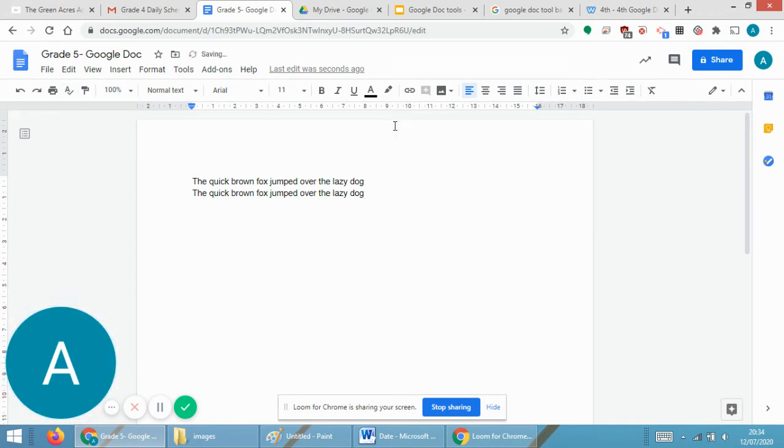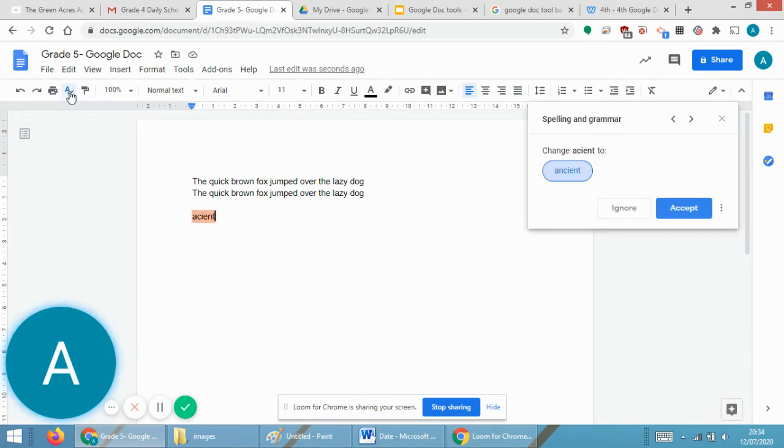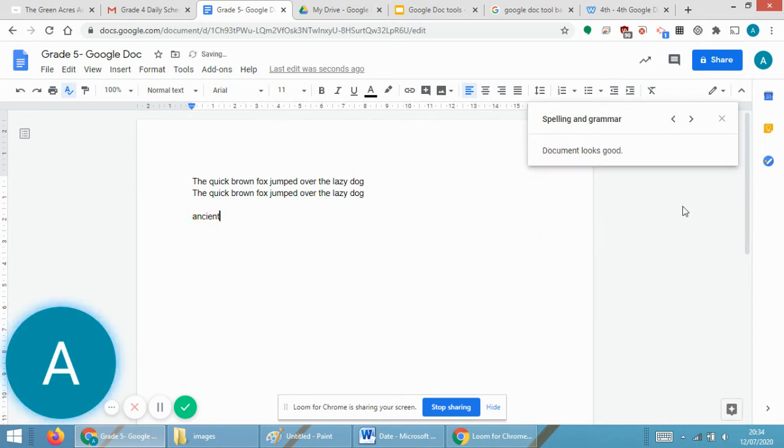Now in order to explain you this particular part, I'm just typing one wrong spelling mistake. Instead of ancient, I have typed it wrongly, and I'm clicking on which particular button, spelling and grammar. Automatically, it will be highlighted in red color, indicating that the spelling is wrong, and I accept that particular spelling. When I accept it, the original spelling will be coming over here.